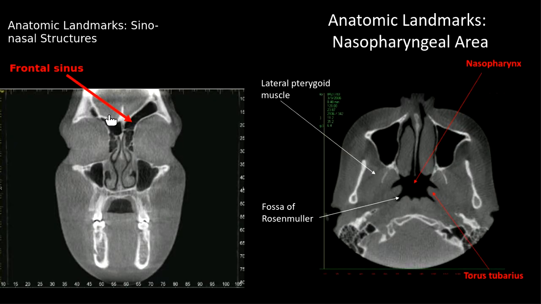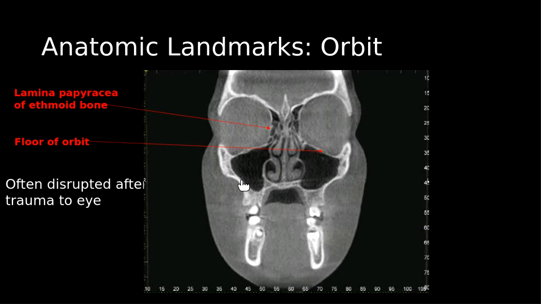This is the frontal sinus. That is the nasopharynx, and that is the lateral pterygoid muscles. And this is called the fossa of Rosenmuller, and this is a torus tubarius, you can call it. And this is the lamina papyracea, you can see, of the ethmoid bone, and this is the floor of the